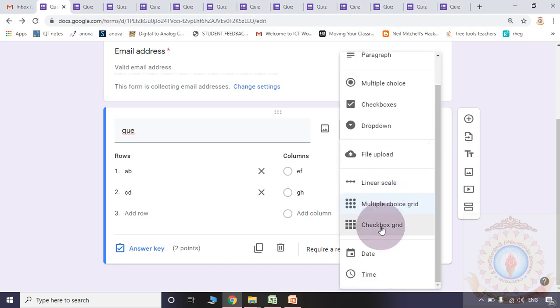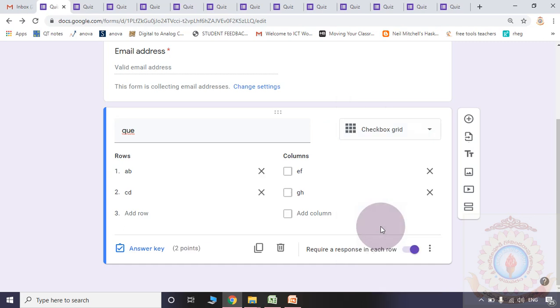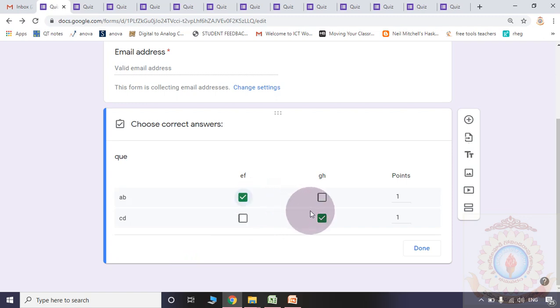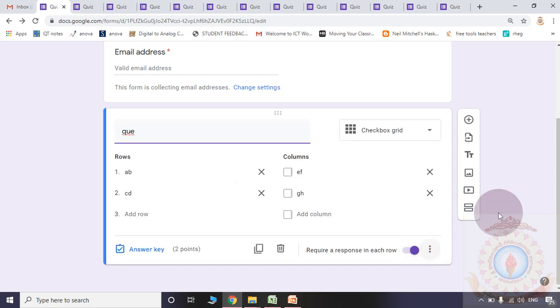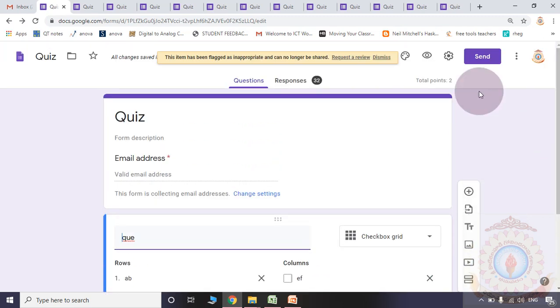Now we'll go to the checkbox grid. Please observe, the same way we are showing the correct answers as in the multiple choice grid.